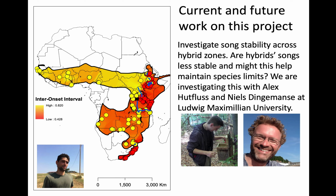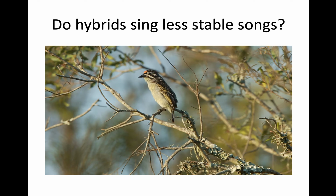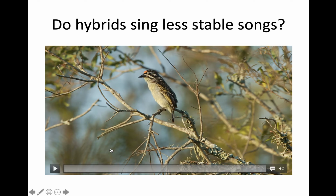We're also investigating song stability across the hybrid zones. Might hybrid songs be less stable, and might this help maintain species limits? Well, we're investigating this with Alex Hupflus and his PhD advisor Niels Dinkemanse at Ludwig Maximilian University, and this is something that my PhD student Matteo Sebastianelli is also working on. And this is the idea. So hybrids like this bird here, this orange-fronted individual singing this song,